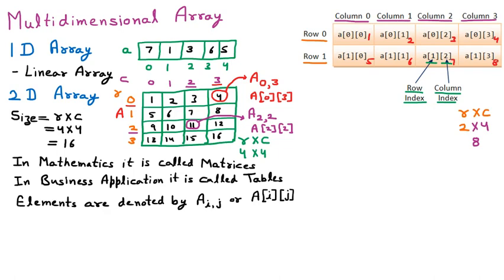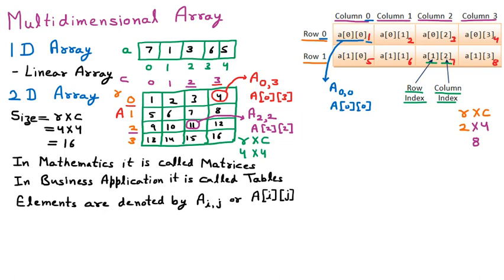So these are the 8 elements which can be stored inside this particular array. Now talking about the first element, if I have to check what is the Aij, then you can see that the first element is at the 0th row and 0th column. That's why A00 is mentioned, as I have already told you. So there we can place simply A00, or there is another option, A[0][0]. So this way we can represent it.